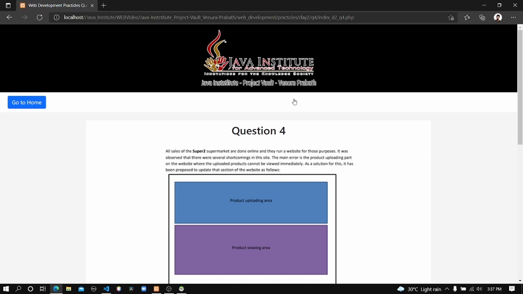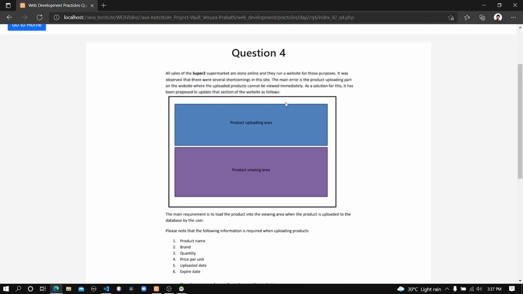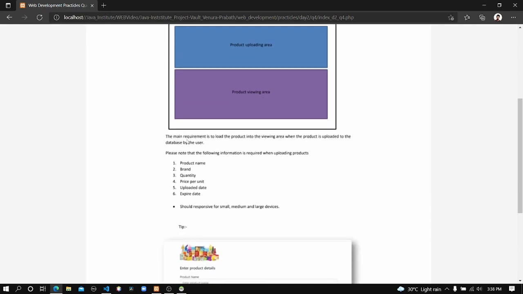I'm going to read the question first and then let's review our code. All sales of the Super 2 market are done online and they run a website for those purposes. It was observed that there were several shortcomings in this site. The main error is the product uploading part on the website, where the uploaded product cannot be viewed immediately. As a solution for this, it has been proposed to update that section of the website as follows. The main requirement is to load the product into the viewing area when the product is uploaded to the database